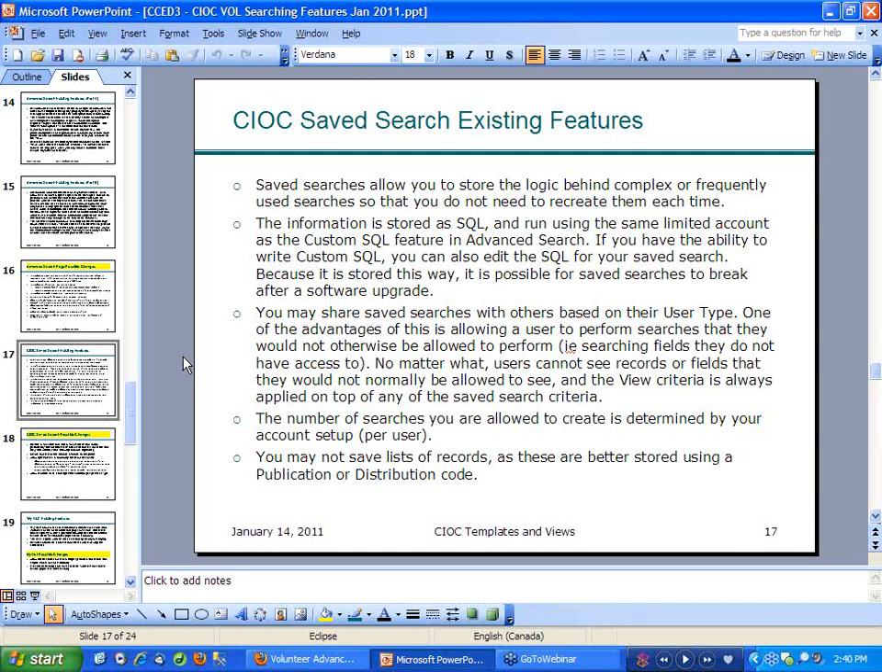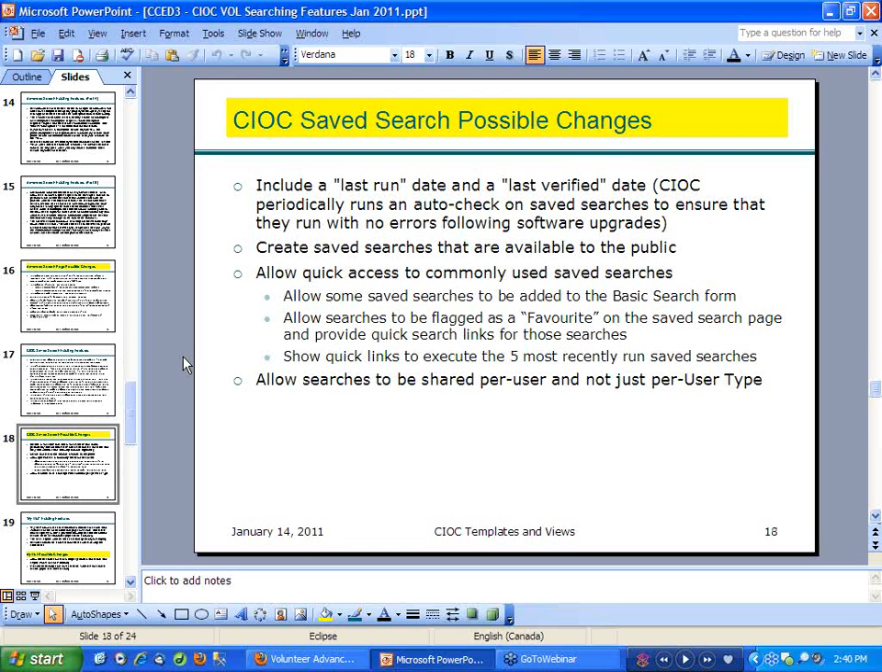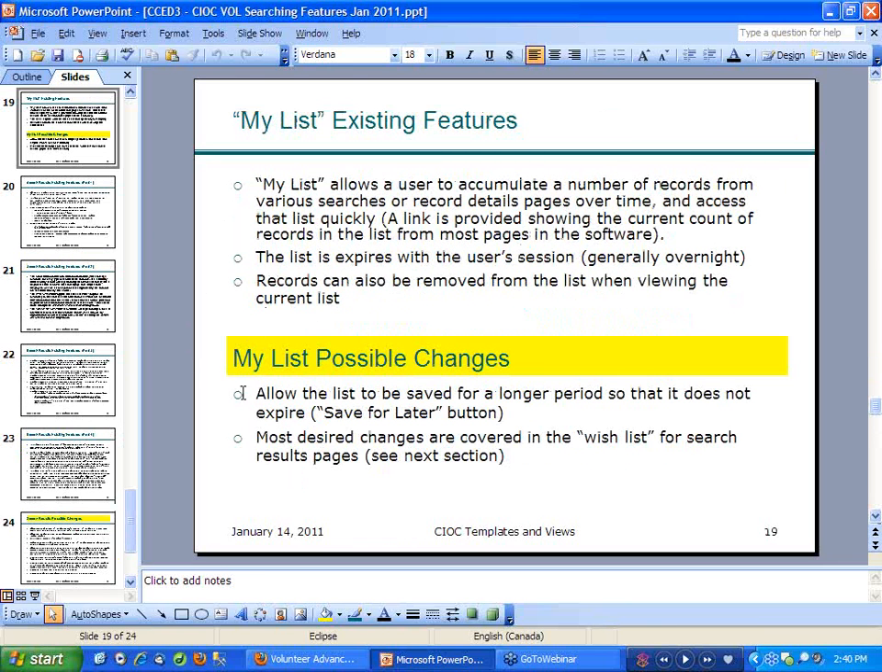So for an FYI, I do encourage you to read the section on advanced search, saved search, and My List as well, just for your information so that you can be aware of some of the changes that are higher priority on that side that would affect you as well. I don't believe that any of these are anywhere near the top of the list, but if they are, you'll have an opportunity during the prioritization session to put those on your wish list because at the end of this,